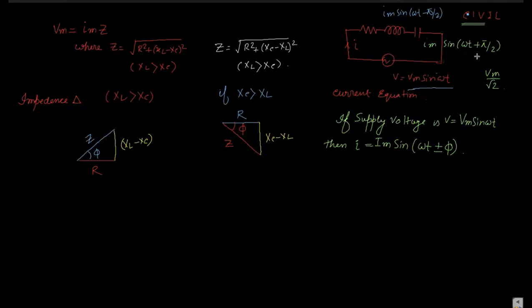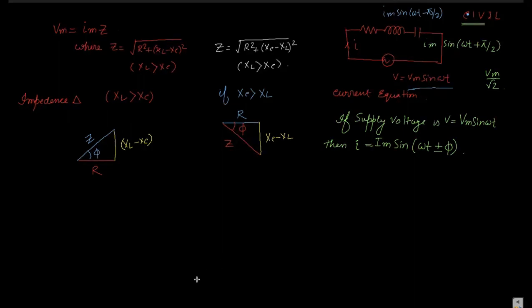When it is plus phi, the capacitive part is dominating the inductive part, that is, the value of the inductor is less than the value of the capacitor. If we compare Henry and Farad in the same dimension, then we can compare the inductor and capacitor. If the capacitive value is higher than the inductive value, then the current becomes Im sin(omega t plus phi).